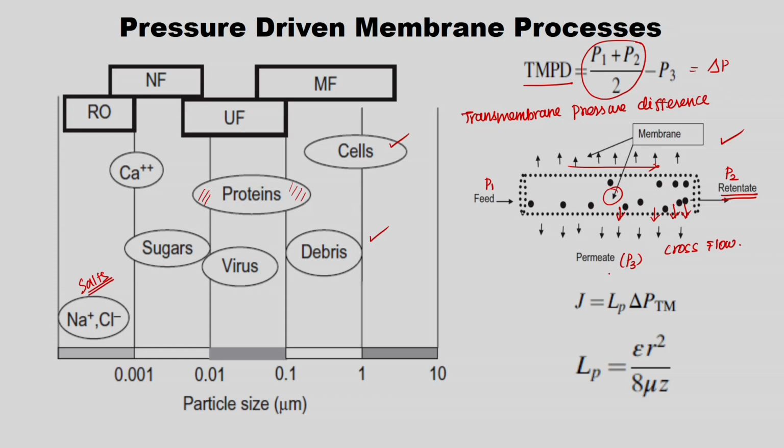And also remember what happens when the feed is introduced into the membrane. It contains solids, plus, for example, if we take water with salts, salt water, the water gets permeated through the membrane. So what happens, the salt concentration will be increasing towards the end. On this side the salt concentration started increasing.